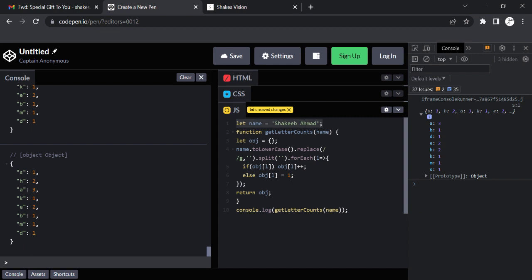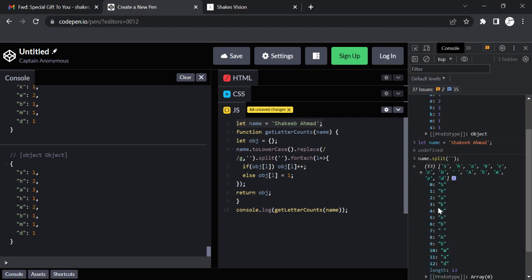Let me show you here. If you do name dot split on nothing, this is what you get, the array of each character. If you split it on space, the space will be removed and you get the words separately.